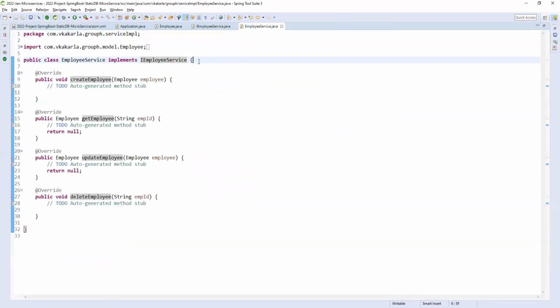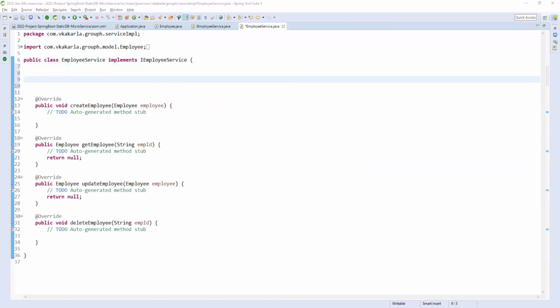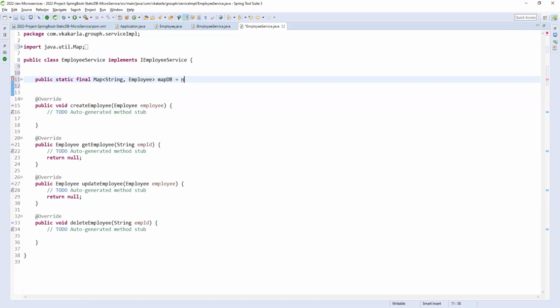That's fine. So now you can create a map here to provide the data. Okay, let me create the map.